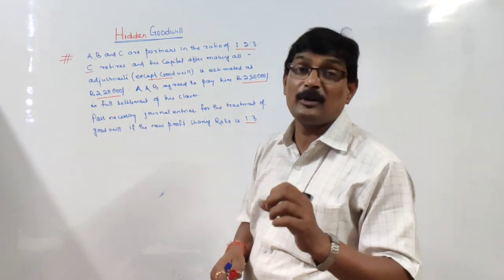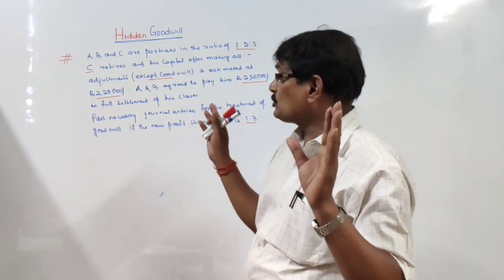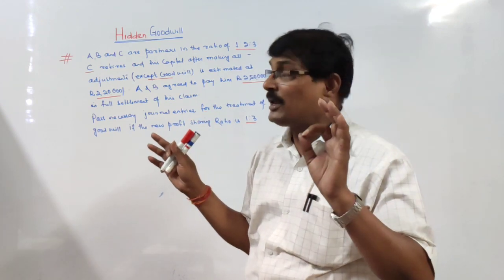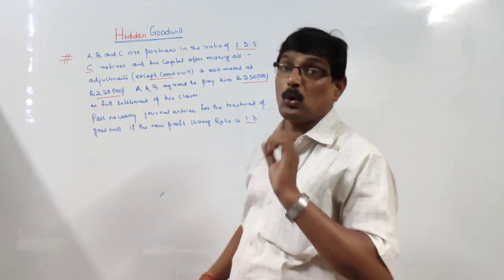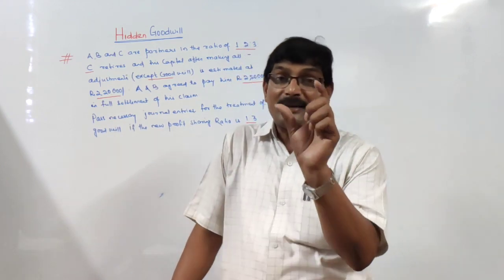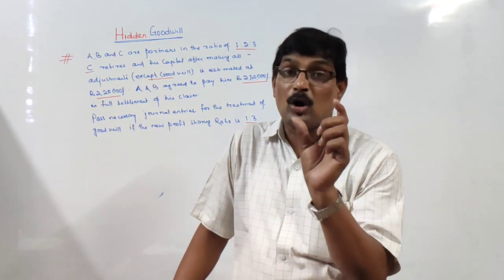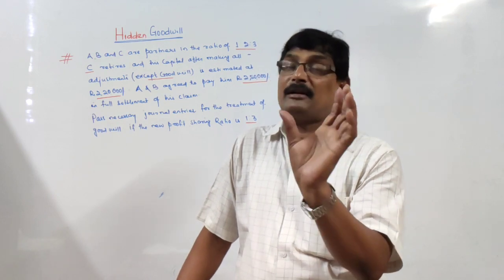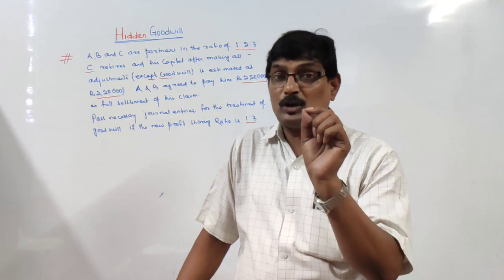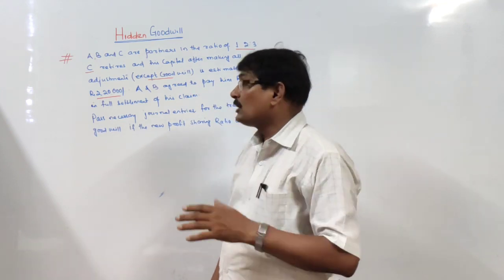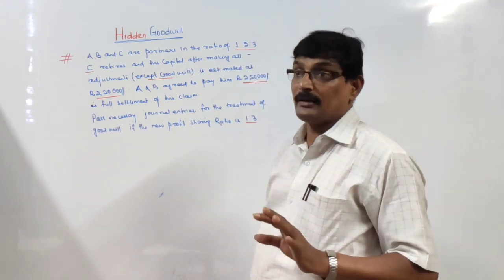Right? So first of all, just think that C was supposed to receive 2,20,000, but now the continuing partners agreed to pay 2,50,000. Why so? They are paying that excess amount of 30,000 rupees because it is nothing but the share of goodwill for C. Right? So now we have to pass the necessary journal entries. Let us see.